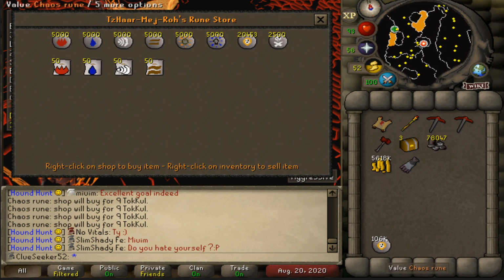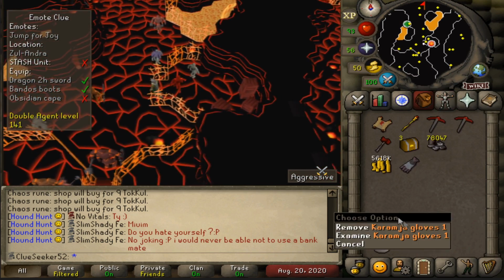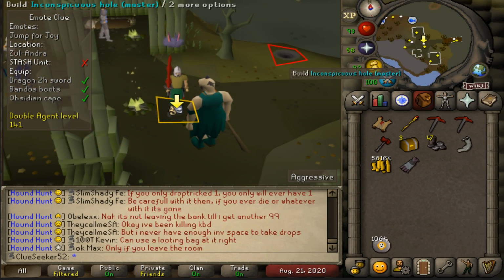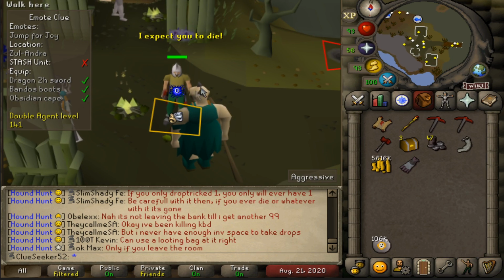And there we go, just finished up selling a few more Chaos Runes, and I believe 78k Tokkul is enough to buy the cape with the Karamja gloves. Jeez, and there it is, another Master Clue item ticked off, and also now another complete Master Clue step that we can do. So someday in the future, I'm sure I'll get the construction level for the Master Stash units, but for now, that should be another...